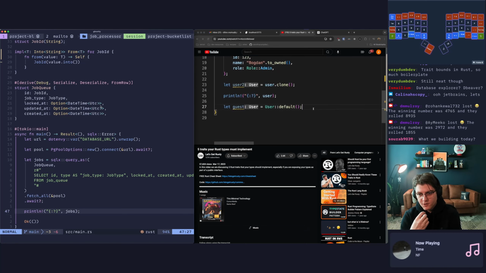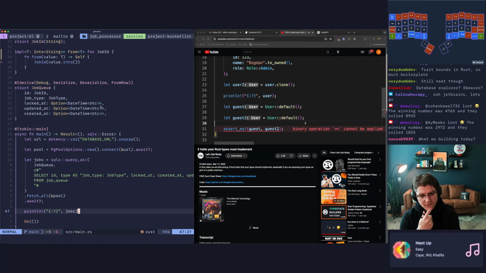We were fixing some TypeScript stuff in Svelte app, and now we're working on like a little job queue subscriber server in Rust. But I'm learning Rust as we go.